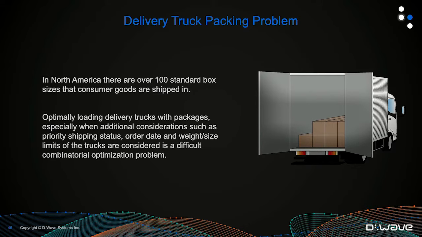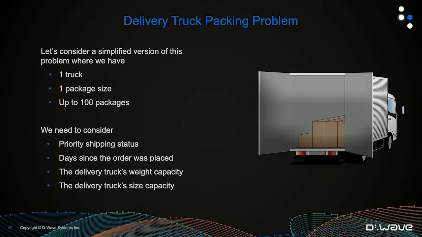It becomes even more difficult when you start to consider things like priority shipping. So did a customer pay for priority shipping, or did they just opt in for standard shipping? If we consider things like customer satisfaction as well, we might be concerned about the transit time of the package. So we might want to minimize the number of days that the package is on the road between the time the order was placed to the time it's delivered to the customer. So all of these additional considerations can make for a much more complex model.